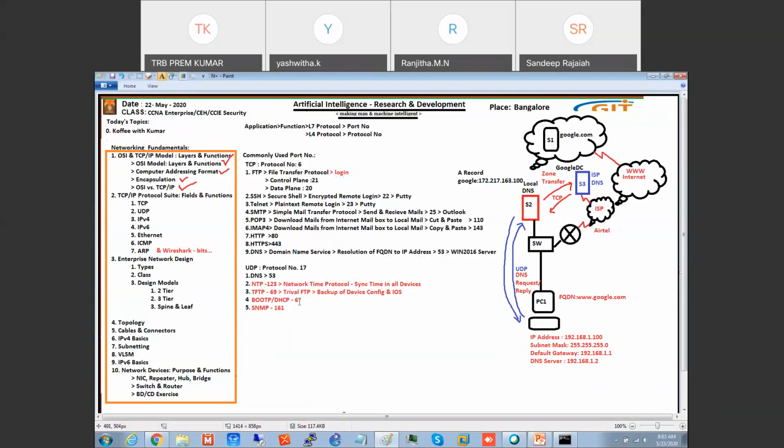TFTP. So generally, within your company, you want to save the configuration of routers, switches, all the devices. We use a TFTP server. So when we store all the configuration, we can restore it. If anything happens to the device, we can restore that. For that, we use TFTP. Now, BootP,